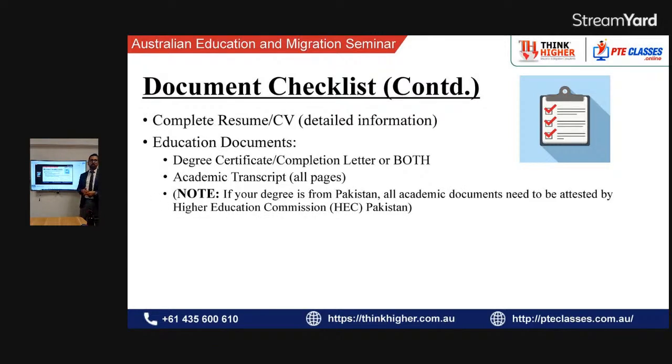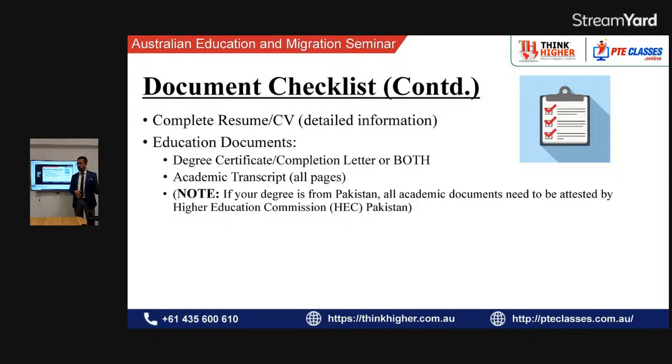If you're offshore, then obviously you don't have the visa grant. You can submit other forms of ID like a driving license, or there are lots of national ID cards. You can submit an Aadhaar card if you're from India. Okay. Now a completed resume is mandatory. Apart from that, you also require educational documents. Now for the Pakistani audience, your bachelor's or master's, whatever you have done back in Pakistan, needs to be HEC attested. Apart from that, they won't assess your degree. If you have done it in Australia, then you don't need any attestation. For onshore, you don't need it.